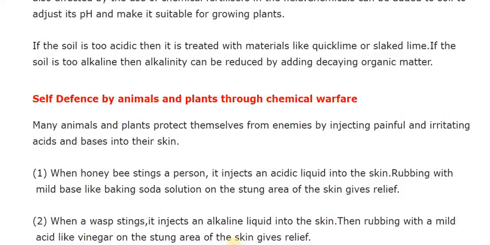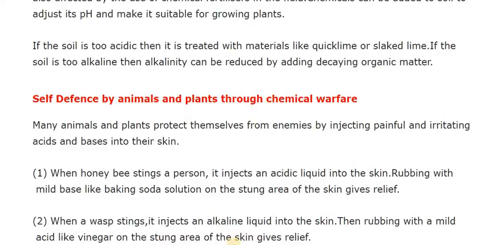Another point that we have to add is acid rain. Due to the combustion of fuel, the nitrogen, sulfur and carbon dioxide gases, that is nitrogen dioxide, sulfur dioxide and carbon dioxide, react with the atmospheric moisture and form acids, and this acid comes along with the rain, so it causes acid rain.